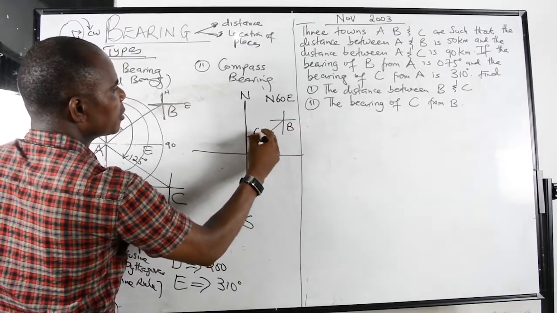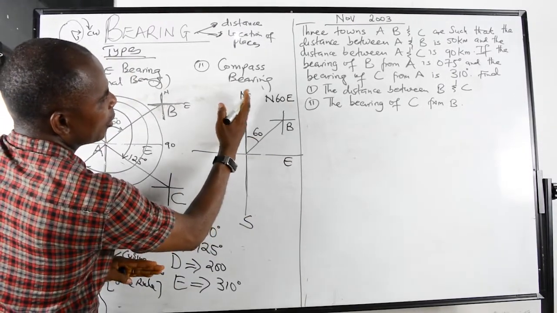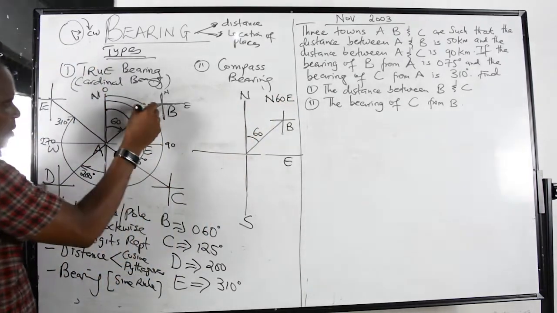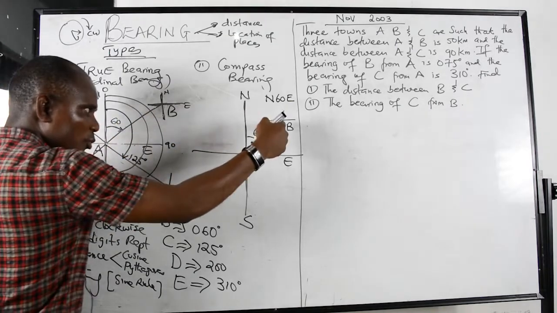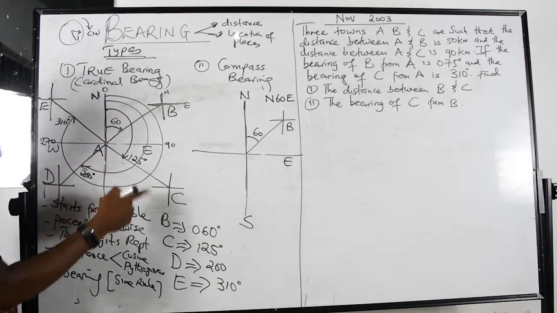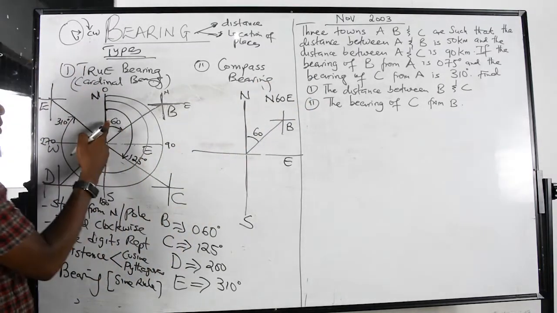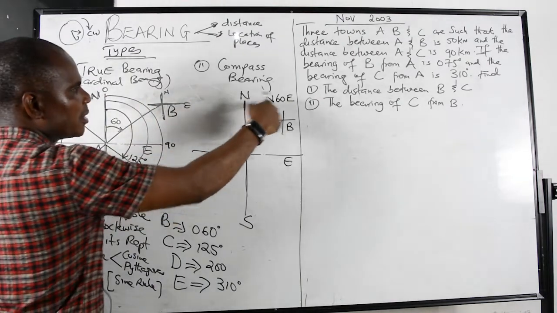This is 60 degrees. So I'm moving 60 degrees from the north. I go towards the east, but I should cover 60 degrees. So this bearing is the same as this position. This position is moving 60 degrees from the North Pole clockwise. So this B is the same position here. So if I don't want to use the 3-digit representation, I can use the compass bearing representation. This 60 degrees from the North Pole is also the same as writing it in this form.